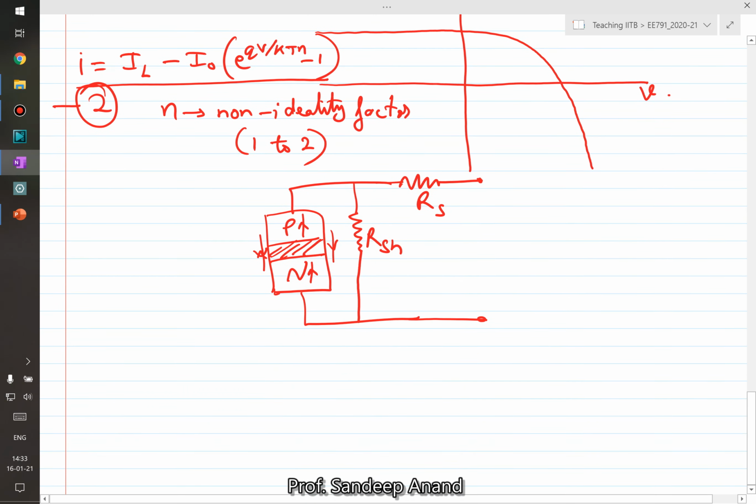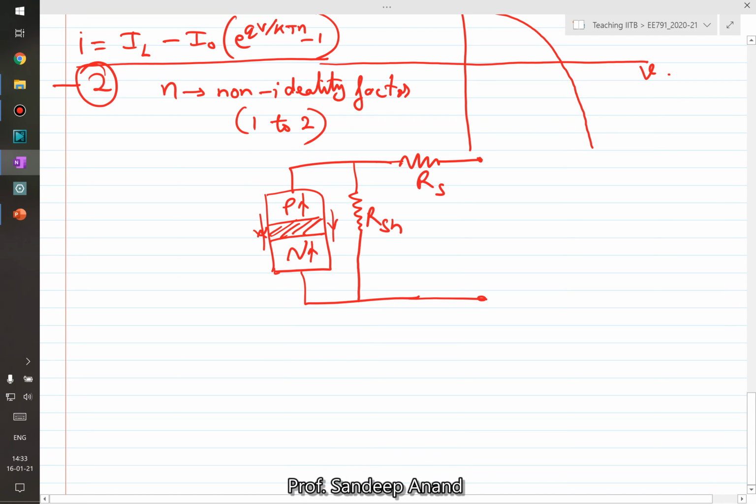How to do that? Let's say we can use basic circuit analysis. Let me call this V2, the current going out as I2, the original voltage as V1, the current coming from the junction is I1. Right, now I can write the relationship between I1 and I2. I can say V2